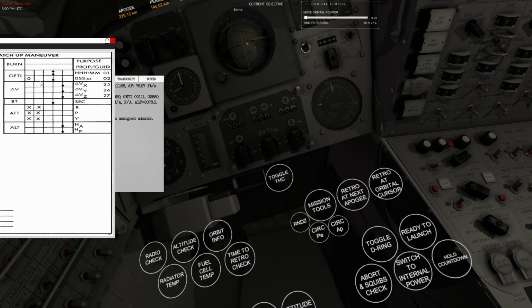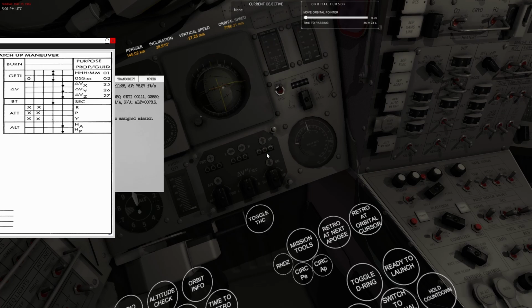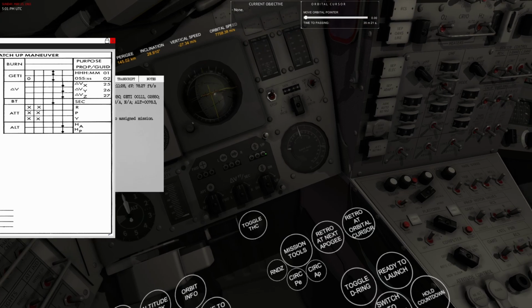I think that's feet per second. We're going to be changing. Let's take a look. Yeah, right now we're going 27.54, and we're going to increase it to 28, if I'm not mistaken, 2850. And then